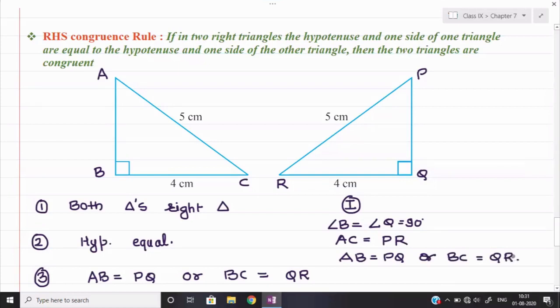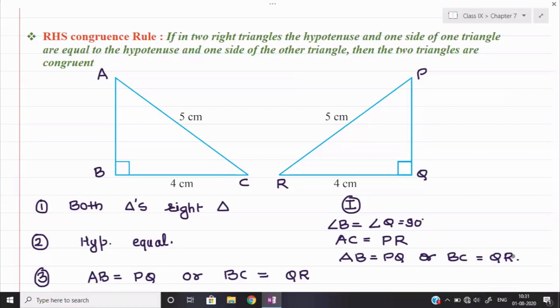Okay. So right angle hypotenuse side theorem will have two cases. In the two cases, the first two conditions will be same. B is equal to Q is equal to 90 and AC is equal to PR. And the third value will only change here. The third value, either AB will be equal to PQ or BC will be equal to QR. So third condition says any one remaining corresponding pair should be equal. Okay, so we will get either BC and QR equal or AB and PQ equal.